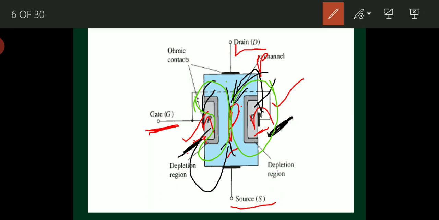This is the longitudinal cut section of the p channel FET. So a depletion region is formed here. This is the schematic of p channel JFET under no voltage applied, under no bias.